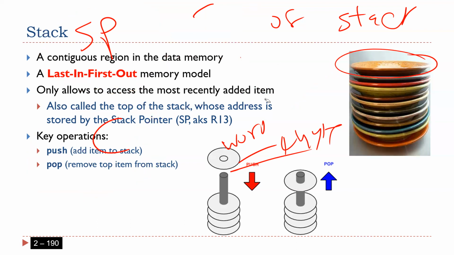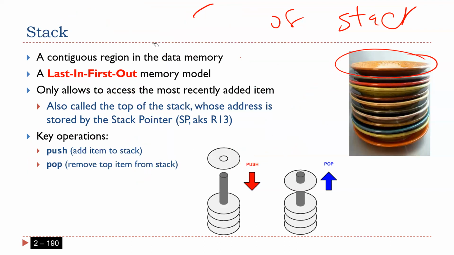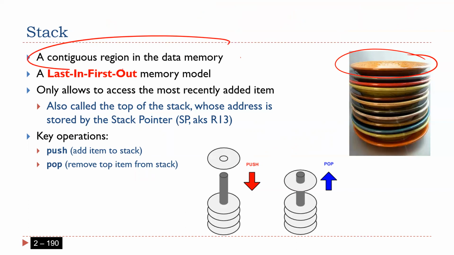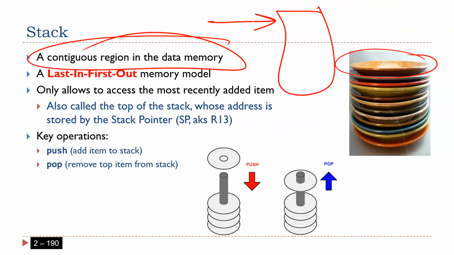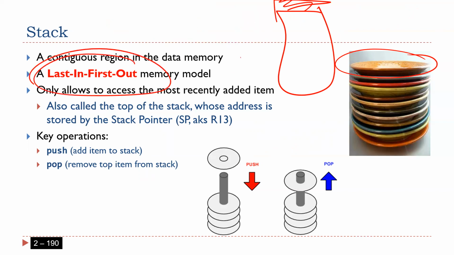So stack is a storage unit, or it's like memory. It's a part of the memory, but I'm gonna read or write from a stack in a certain way. What do you mean by certain way? I have a stack pointer, so in a specific location. If I want to write, you have to write to this location. If you want to read, you have to read from this location. That is why it's last in. So the last word you write to the stack is actually the first word you are going to get